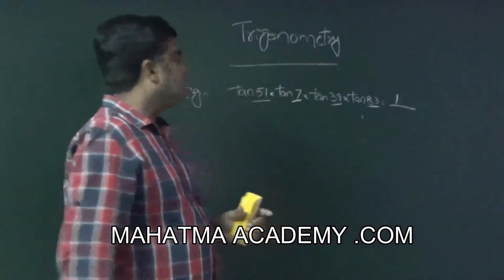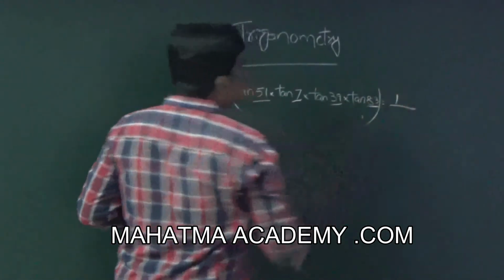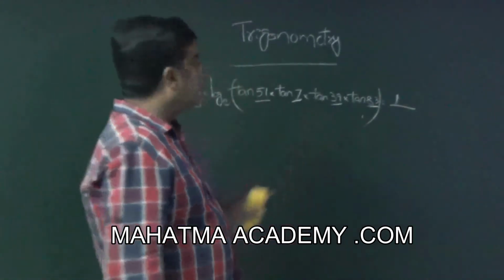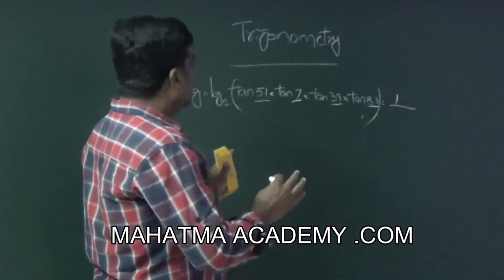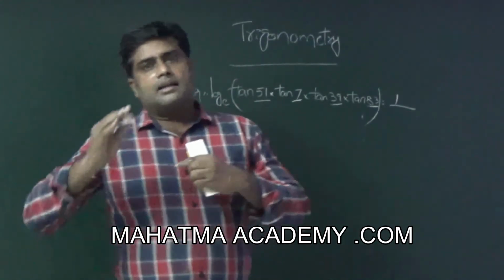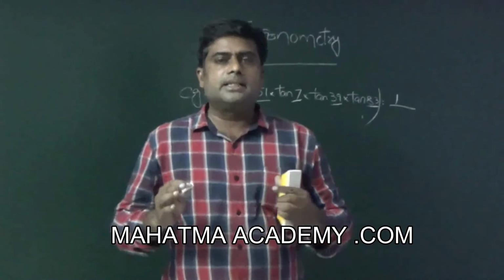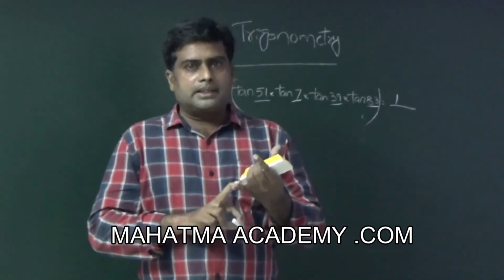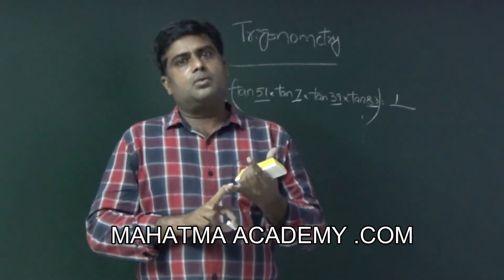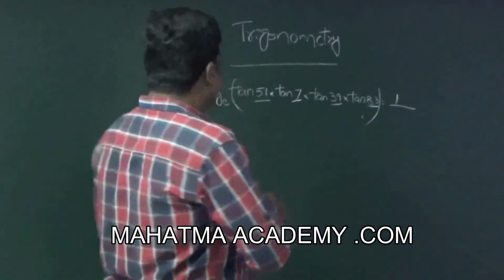Simply the answer is 1. Suppose we put log here, what about the answer? Log 1 equal to 0. In this way, these are simple techniques for solving the problems. In a right angle triangle, the sum of the other two angles is 90, since we already know one angle is 90. Therefore, sin square A plus sin square B equal to 1, cos square A plus cos square B equal to 1, tan A, tan B equal to 1, cot A, cot B equal to 1.